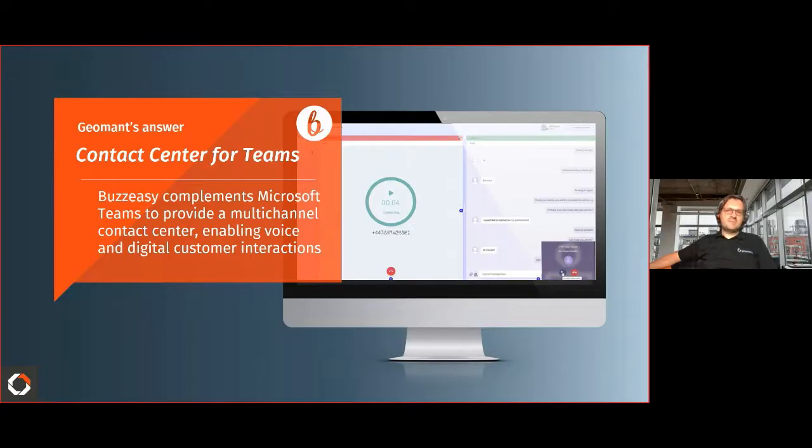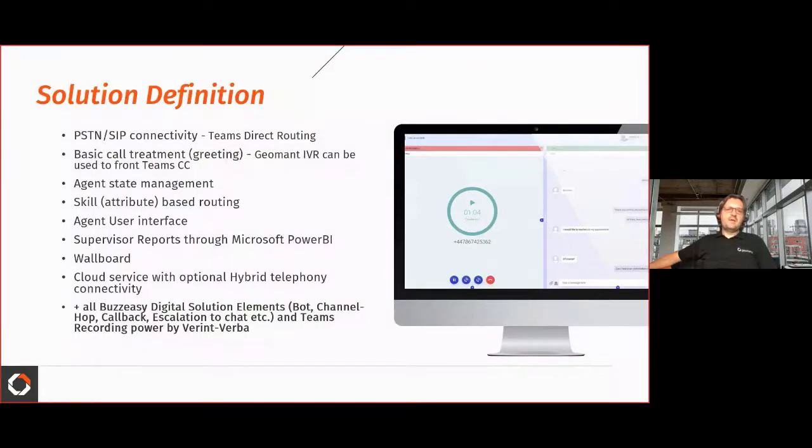So let me show you what we have and what is to be demonstrated. What we have is a PSTN connectivity for the voice using Teams direct routing. We do have some basic call treatments like greeting, but we also have an IVR for more complex, even self-service flows. We do have full agent state management, skill-based routing. I will show you the agent user interface, the supervisor reports, and from a voice connectivity perspective, we support both